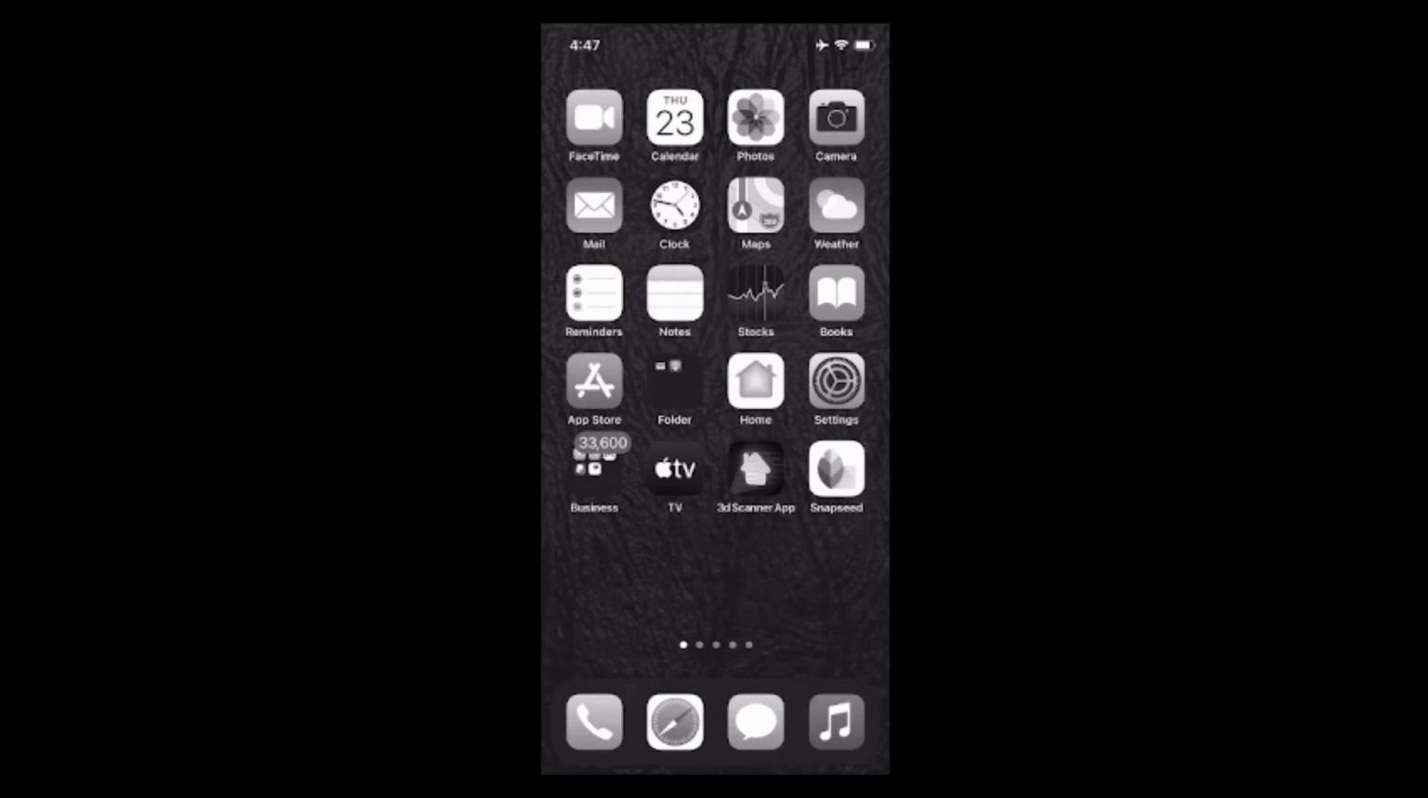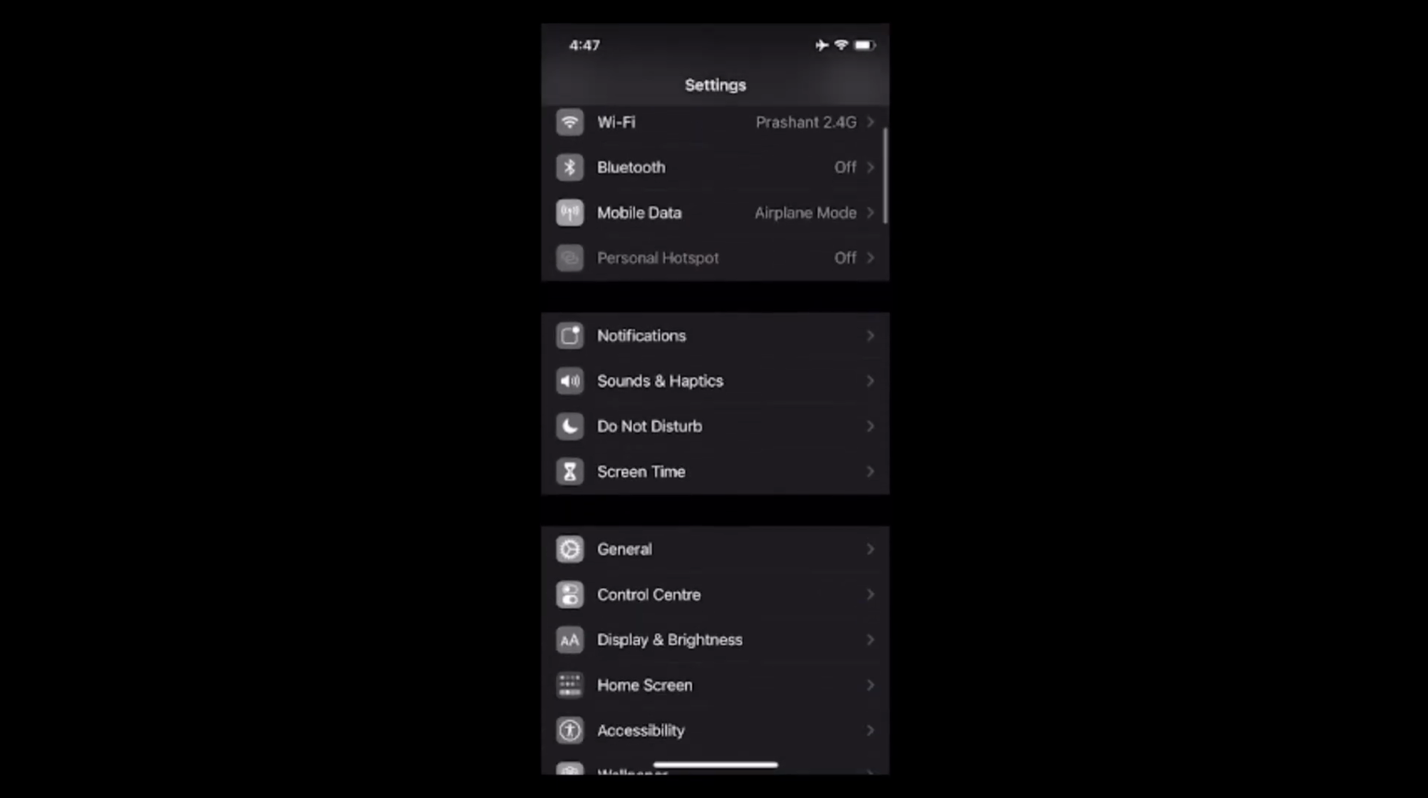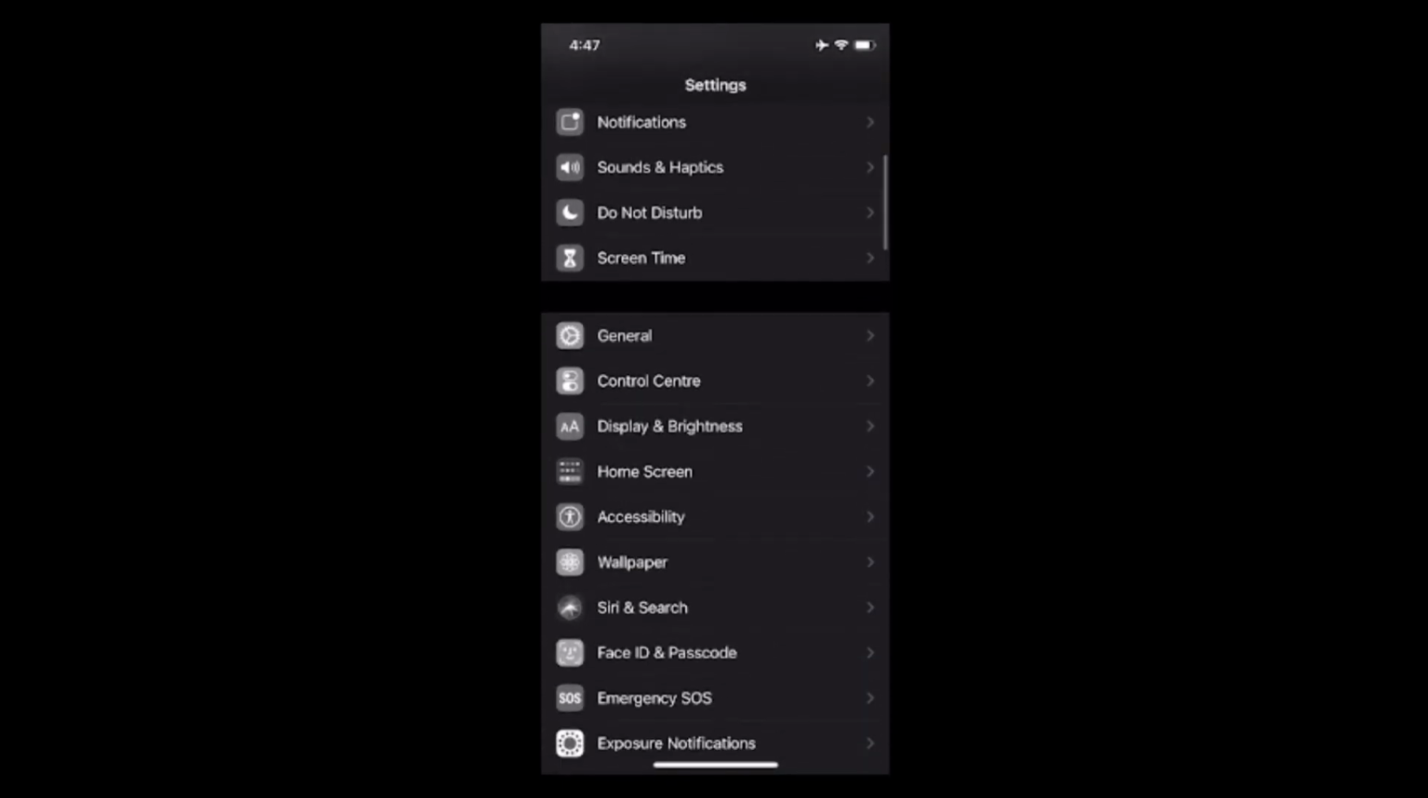Hey guys, I'm going to show you how to fix the black and white grayscale screen problem on iPhone. In the first step, open Settings, then just scroll down and open Accessibility,